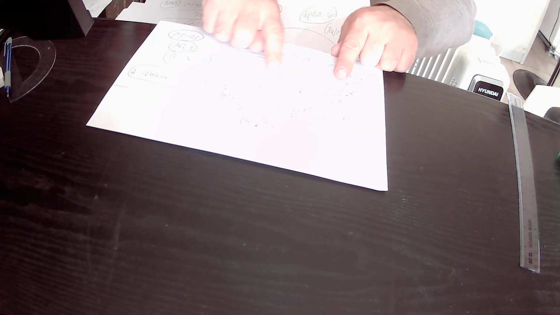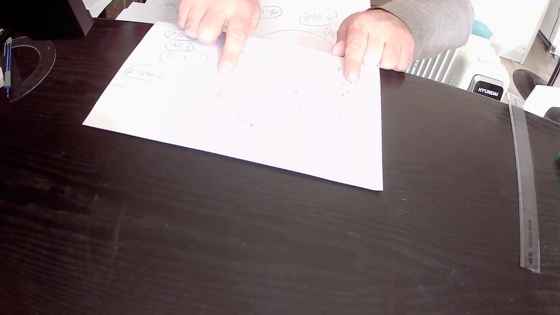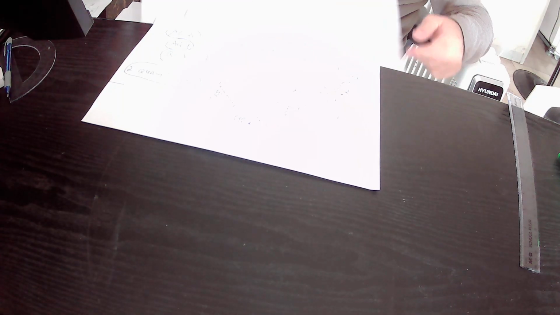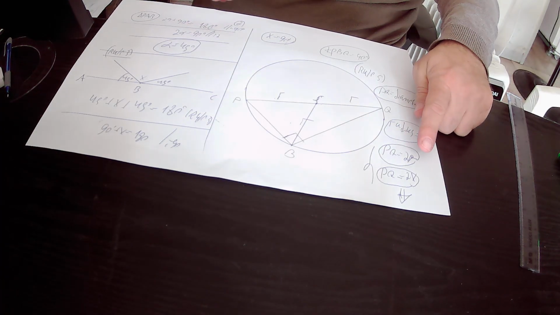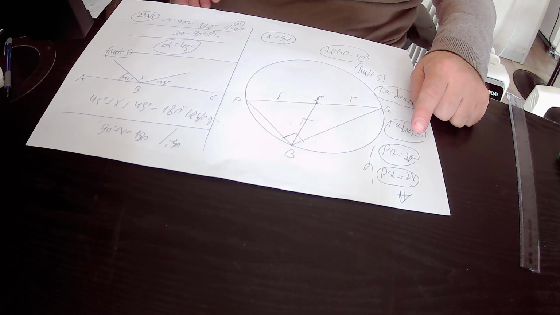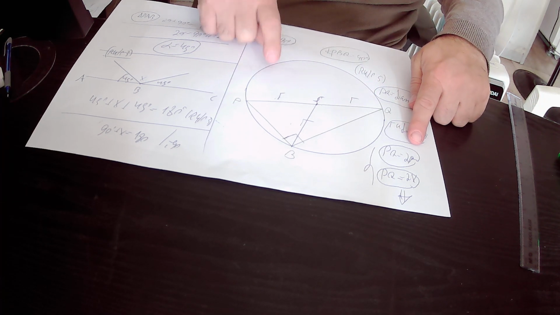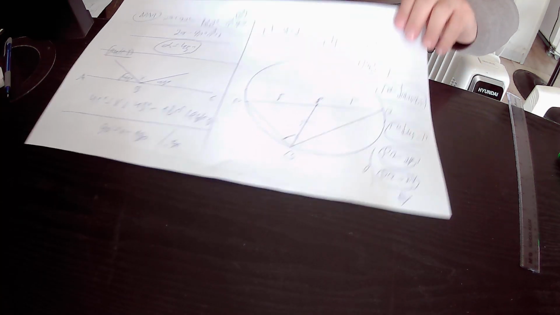So if PS is X, then SQ must also be equal to X because they are equal to each other. So in total PQ equals PS plus SQ. That is to say PQ equals PS, that is X, plus SQ, that is also X. So in total PQ equals X plus X, that is 2X. So from one side PQ equals 2X, from the other side PQ is the diameter of this circle, that is to say it equals 2R. From those two equations, PQ equals 2R and PQ equals 2X, we will derive that